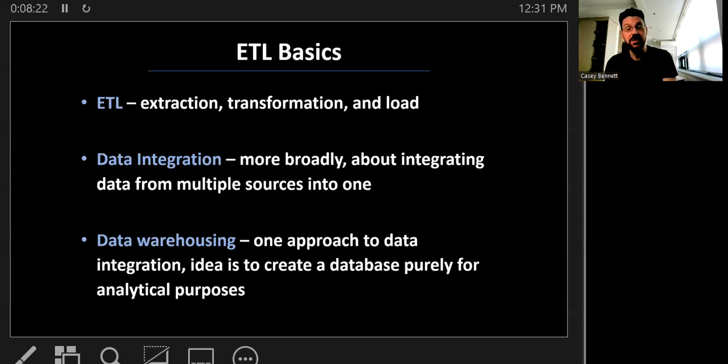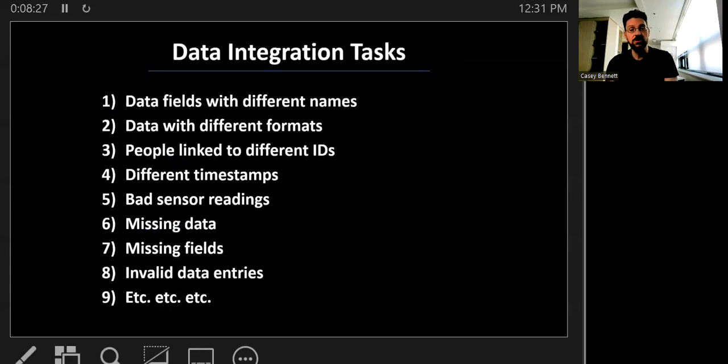And this is why data engineers get paid so much money, right? When we integrate data from many different sources, there are often many different problems, right? Simple things like data in different formats, different column names. Sometimes you have the same person with two different names, different timestamps. Sometimes you have just bad data, missing fields. These are all things we have to think about.